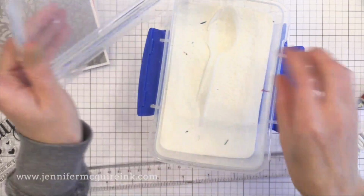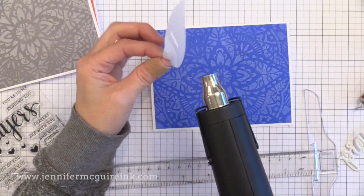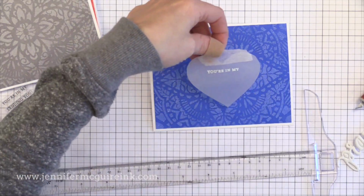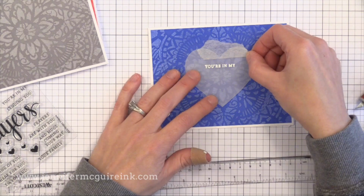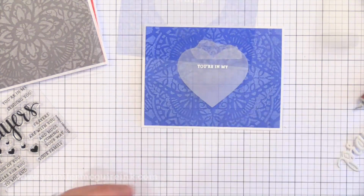Now, when heat embossing on vellum, you want to make sure that your heat gun gets good and hot before you bring it to the vellum, just to prevent any kind of warping. Now, with that temporary tape still on, I'm going to put it back onto the card. Now, the way I'm going to hold this vellum heart onto the card is with the die cut we're going to put on top. I want to make sure that I put my prayers die cut straight on the card,